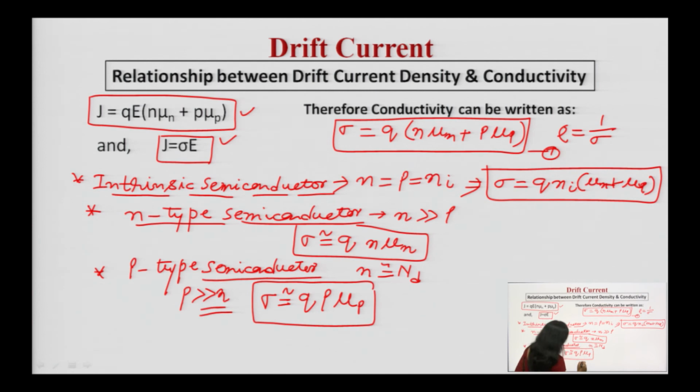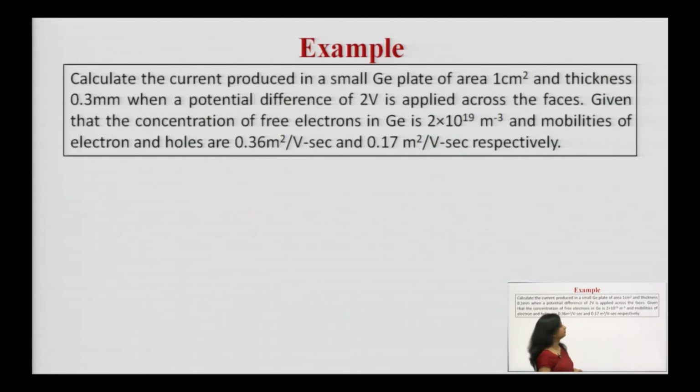At the same time, you can write down that the concentration of holes is equal to the concentration of the acceptor atoms. So, this is the equation for the intrinsic semiconductor. This is for the extrinsic semiconductor when it is of N type. This is the case of extrinsic semiconductor when it is of P type. So, I hope now you will be able to reduce the original equation on the basis of the different types of semiconductors, depending upon pure or impure semiconductor and its other types. So, you must remember all of these equations, these are very important.